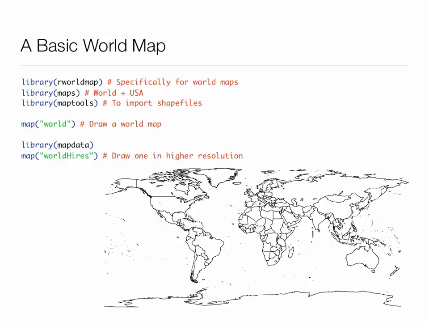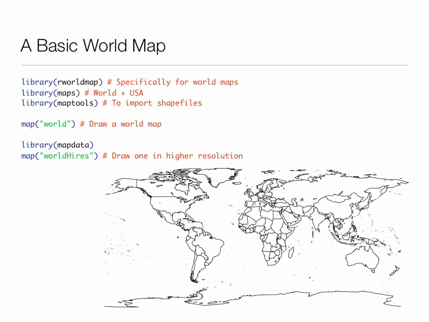The first thing you do, you type in map, quote, world, end quote, and that will draw a world map. And when you do that, what you'll see is that the map is fairly chunky, sort of low resolution. So the second thing to do is to bring in the map data library and type in map, quote, world